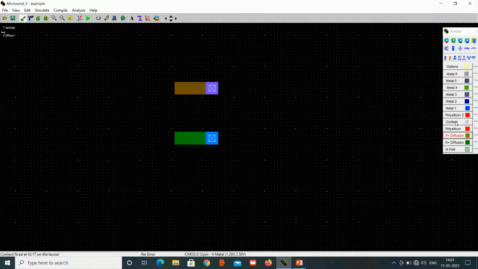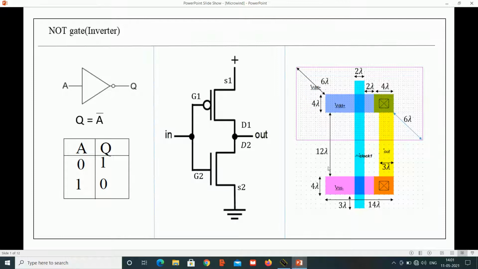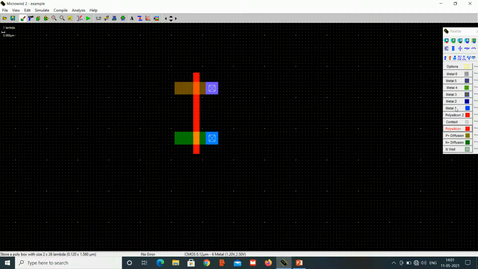So for that let's take a polysilicon. Now with a distance of 2, the metal contact with a length of 3 lambda, we need to give the output.